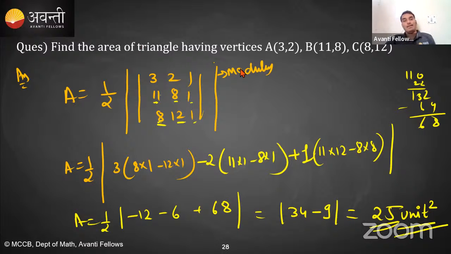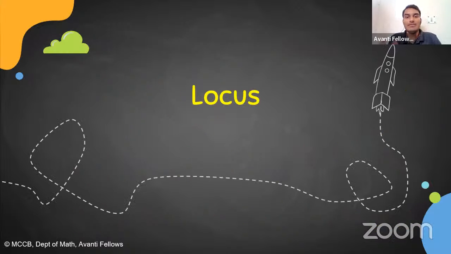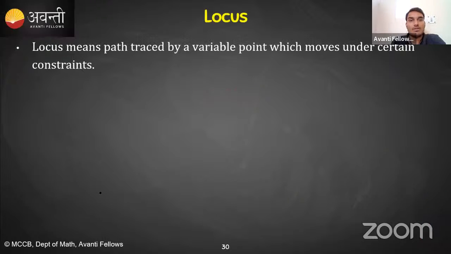Okay. If there is no doubt student, so now we have seen how to find the area and some important terms related to triangles. Okay. So now let's move on to the next topic and which is locus. Okay. Very important topic. Okay. Locus kya hota hai sab kuch dekhenge. First, what is locus? Locus means path traced by a variable point which moves in such under some constraint. Means